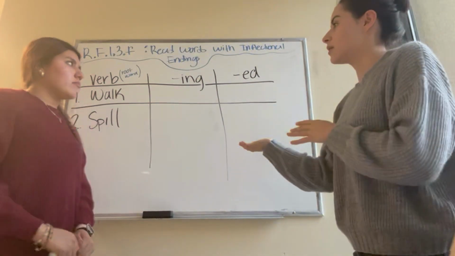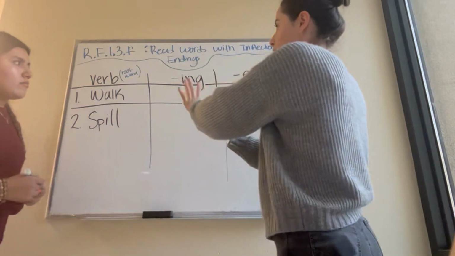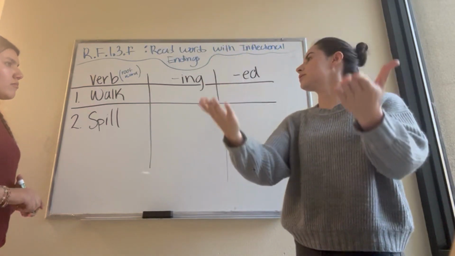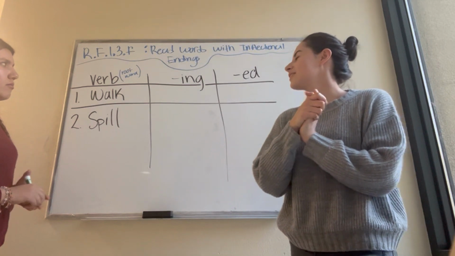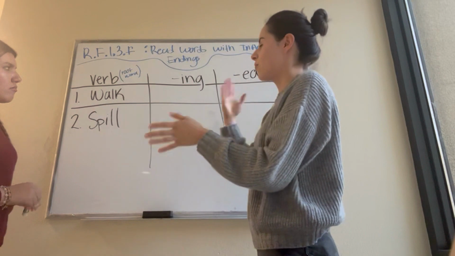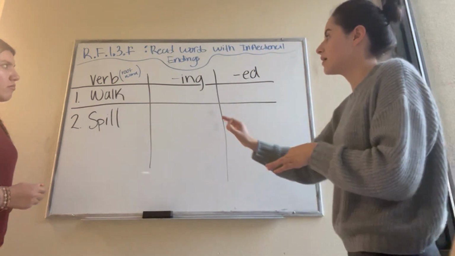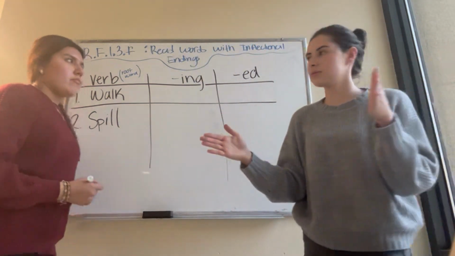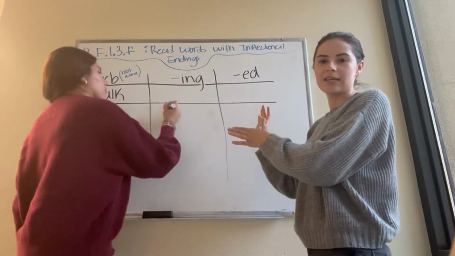So for the first one on your worksheet, walk. The verb or the root word is walk. So we're starting off with that. Adding ing, making it a happening now, would be walk, ing, making